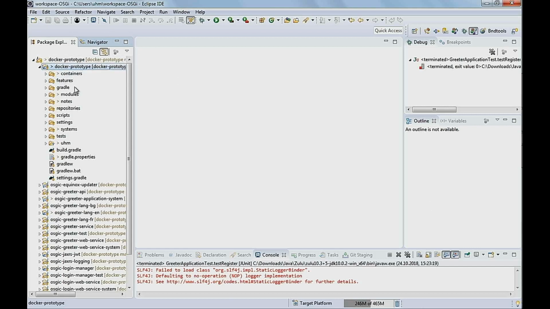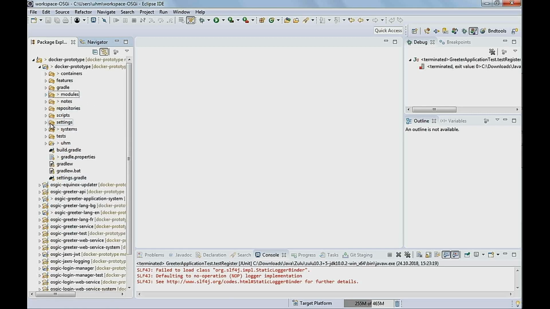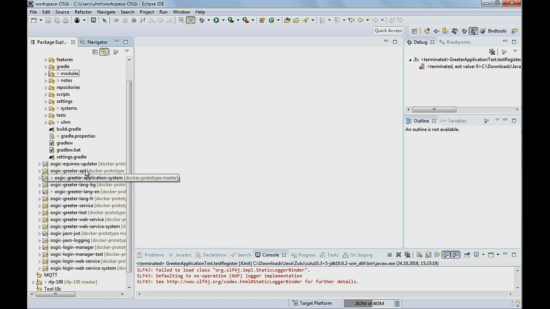You have the modules that I was mentioning, the bundles as the base layer. Here you have some that we're not interested in at the moment, but you would, for instance, have the actual greeter web service that I showed you that can respond with hello. You have services that can do this in different languages. So the actual greeter service is more like a manager service that can manage individual contributed services representing individual languages. We have further projects about the login and the user management. I'll not go into that. But for these modules, you will find in your workbench specific projects.